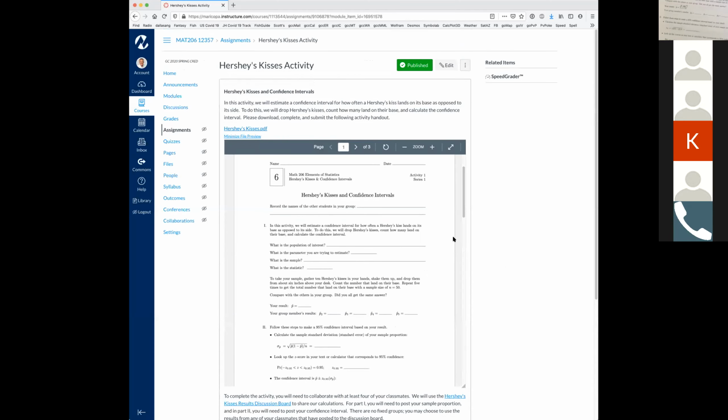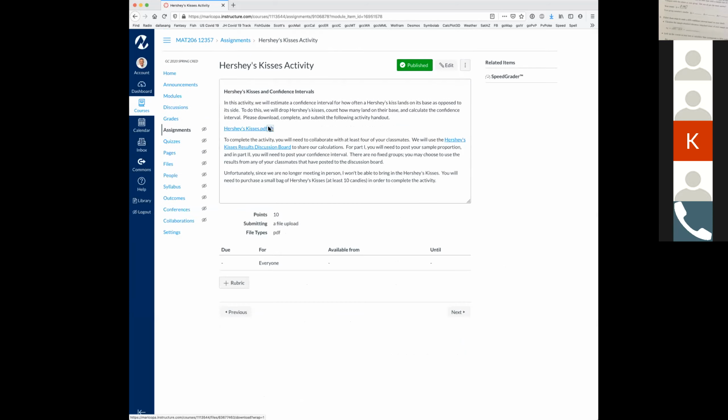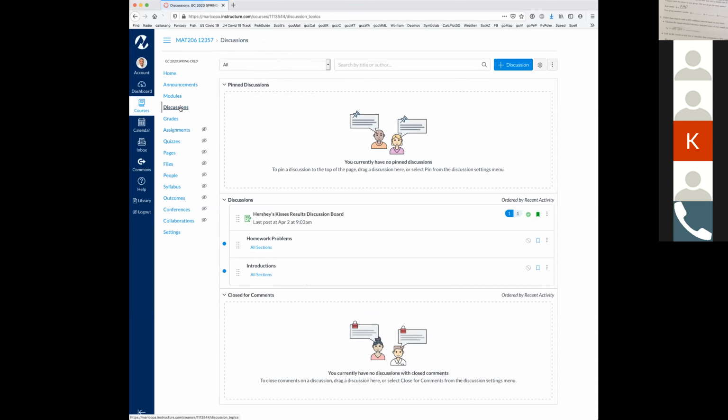Share the screen. Okay, so here we are back in the activity, and you can go over to the discussion board by clicking the link in the activity, or by going under discussions on the left here. Now, if I go to mine, it's going to look a little different than yours because I've got a bunch of discussions because mine's in teacher view. But you should have a discussion that says Hershey's Kiss Results Discussion Board. And if you click on it,